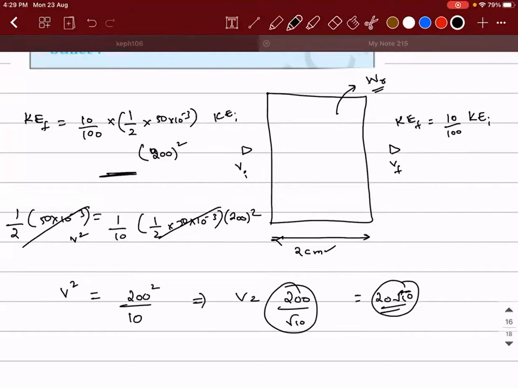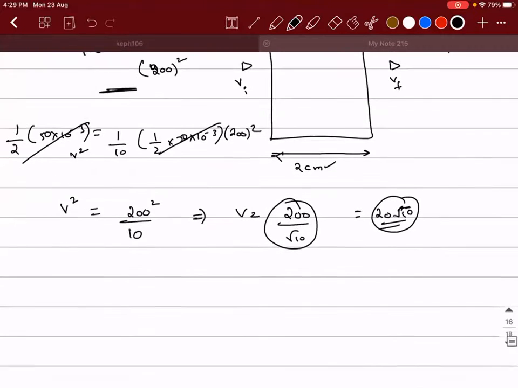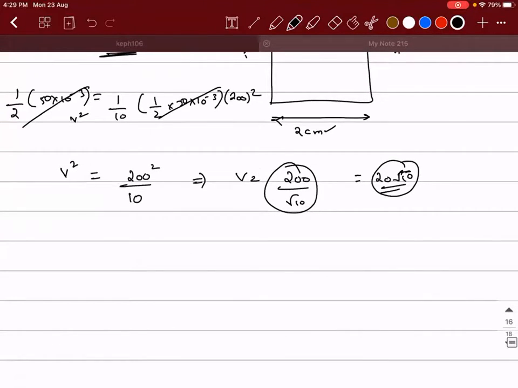Sir, since kinetic energy is directly proportional to the velocity, we can say from the question... It's not proportional to velocity, it's proportional to velocity square. See, if I have to solve the problem in that way, then I could have directly written v square is equal to 10%, that is 0.1 times u square. That's it. This is the actual equation.